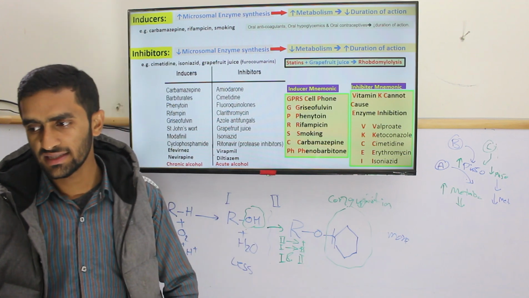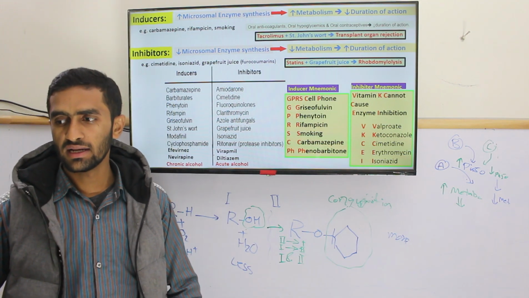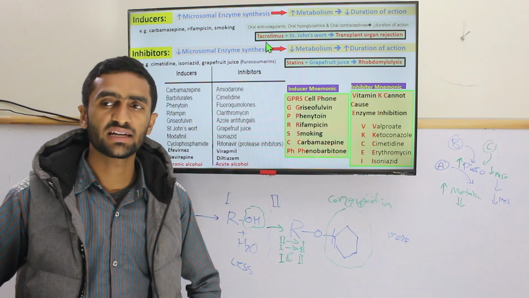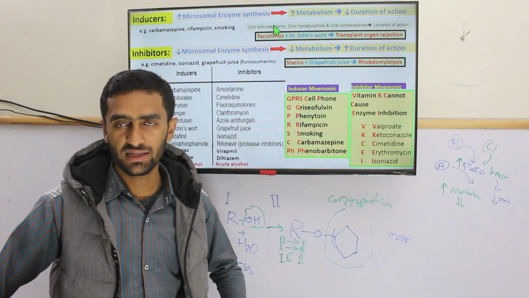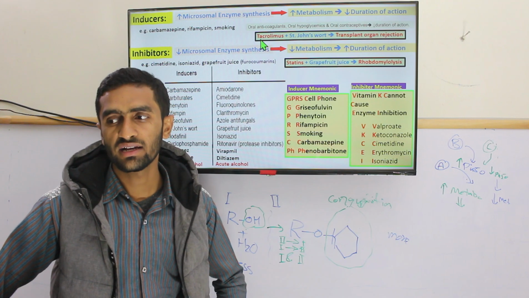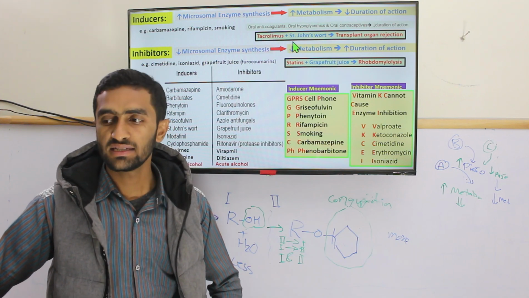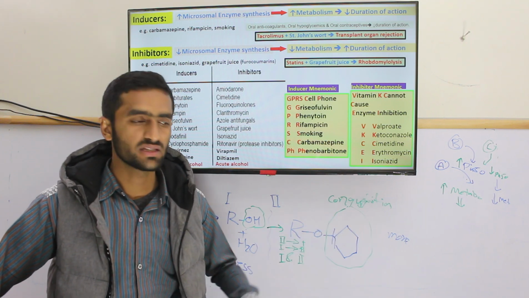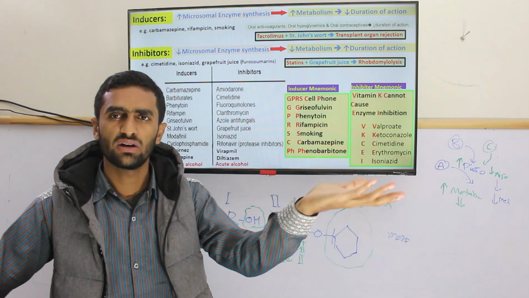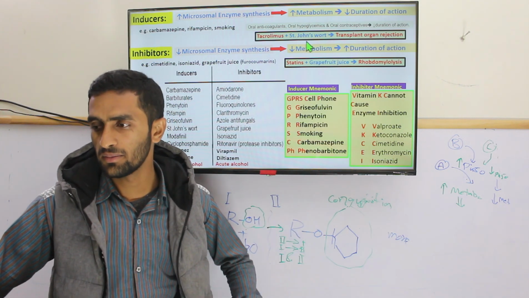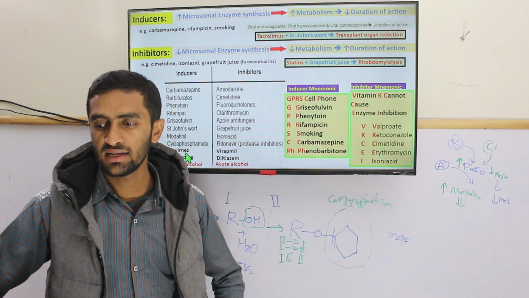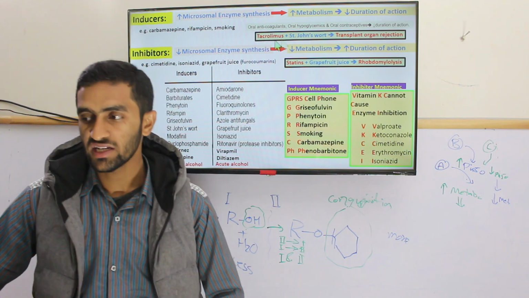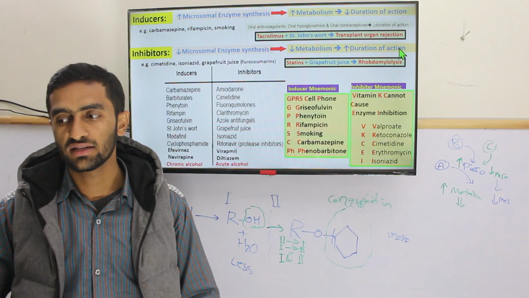So these are some very common examples. Grapefruit juice, as I mentioned. Tacrolimus, for example, someone is taking after any organ transplantation. But he is also taking St. John's wort, which is somewhat of an antidepressant-type drug, herbal in nature. You can see it in any medical store, it's commonly present. Because it is an inducer,